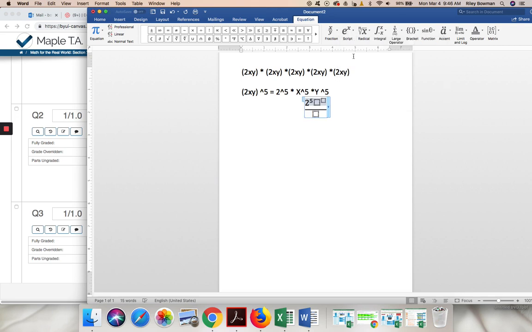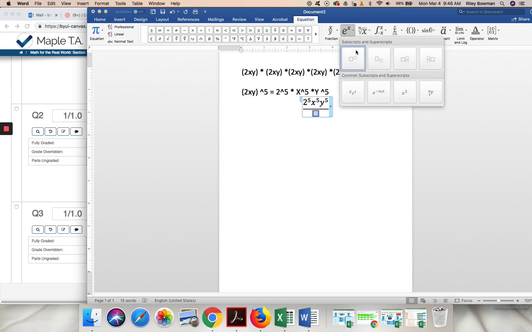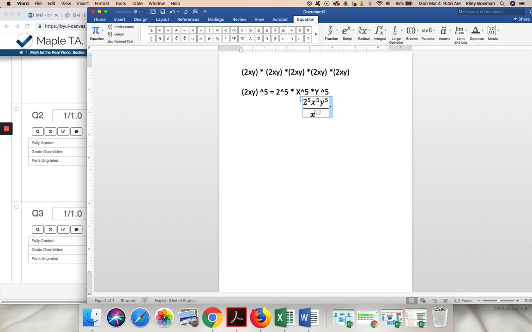and then I have another one of x being raised to the 5. I hope we're okay to this point. And then again, y being raised to the 5, and this is all over x being raised to the 2, x squared. Okay, so now I have 5 x's on top and 2 x's on the bottom. That means some of those x's will cancel. If I have x divided by x, x divided by x is 1, so they cancel each other out. Because I have 5 up here and 2 down here, 2 of them will cancel, and that leaves me with,